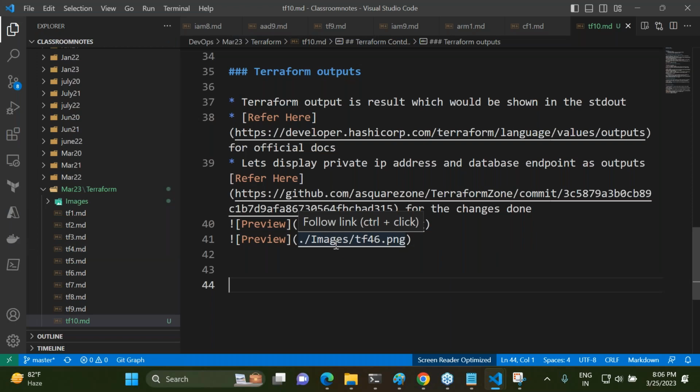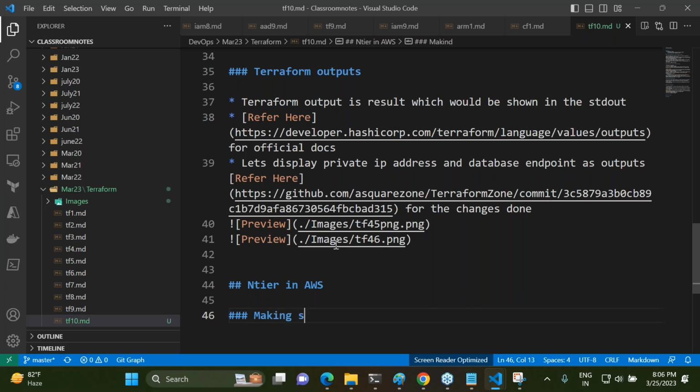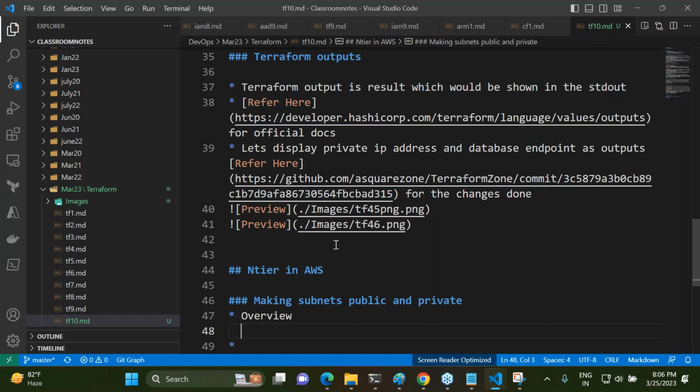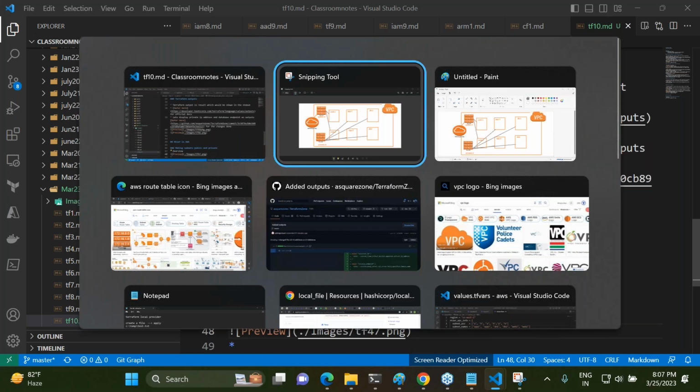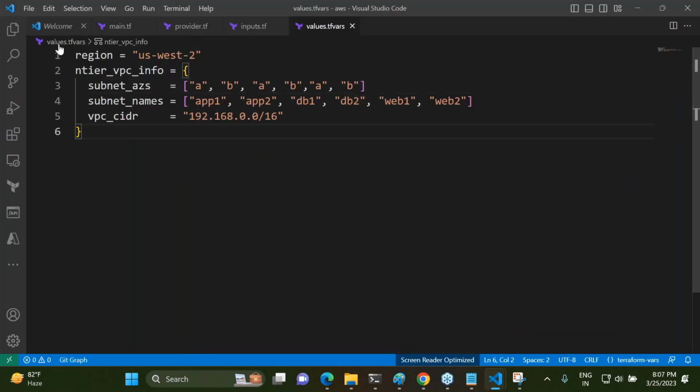Okay, so entire in AWS, making subnets public and private. So, overview, right, sir? Now first what I'll try to do is let me go over here and then try to